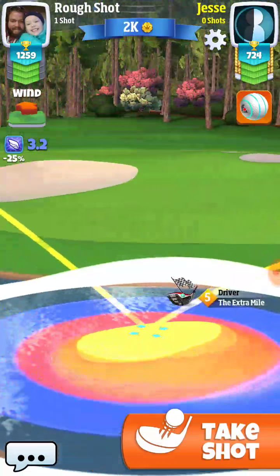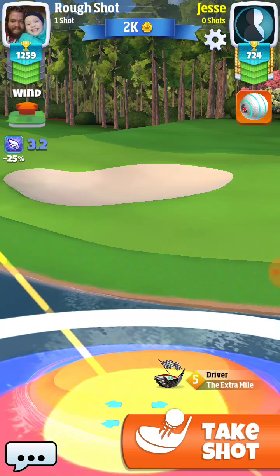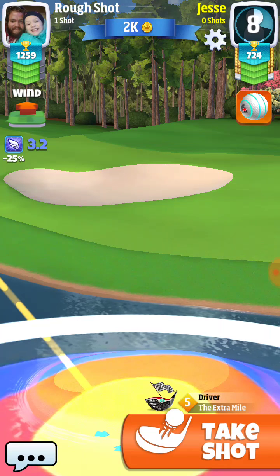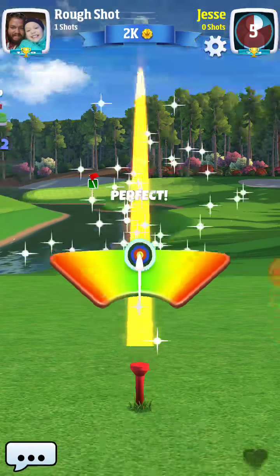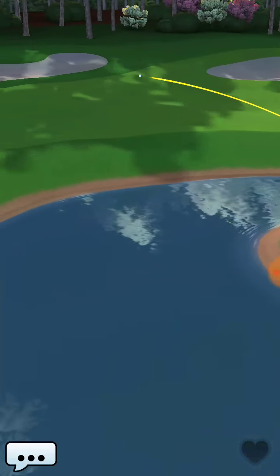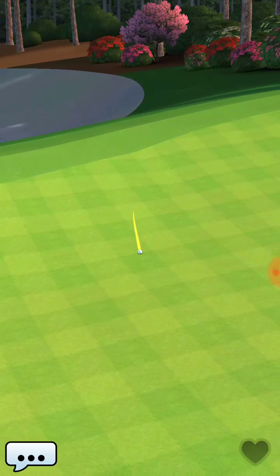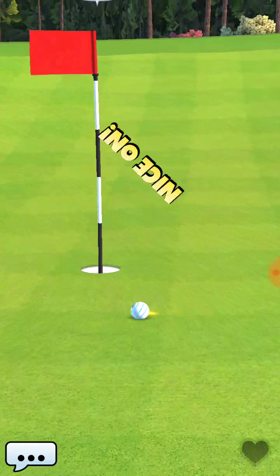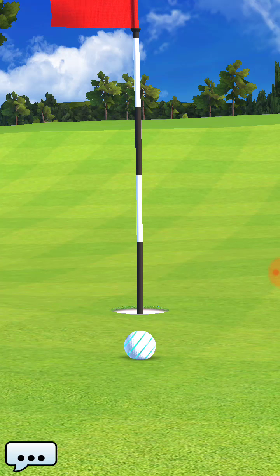So we want to do that right there. 3.2. We're going to go right about there. And we do hit it perfect, so hopefully we hit it right. And here we go. Come on back down to that hole. Just as planned. So we will win the shootout, and you will be able to see a decent way at